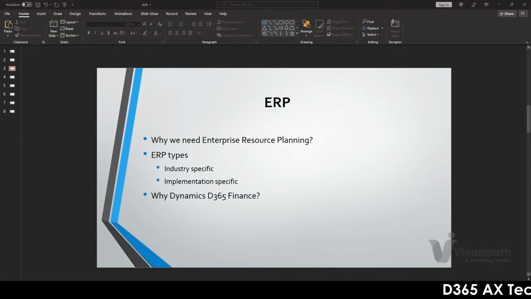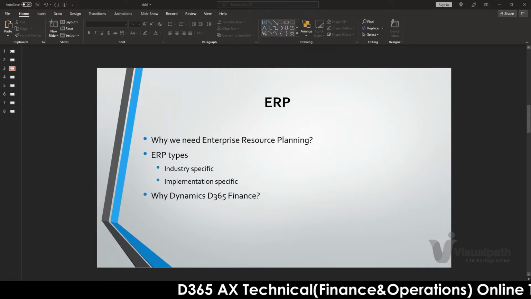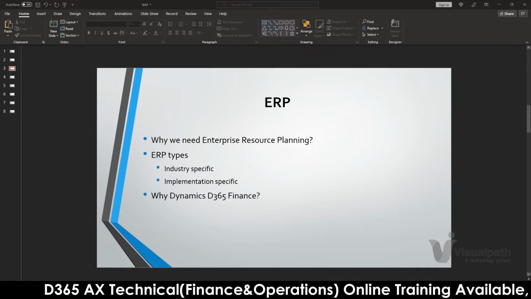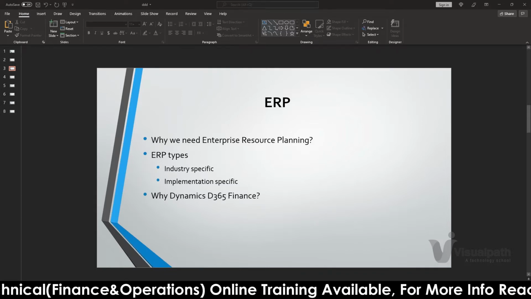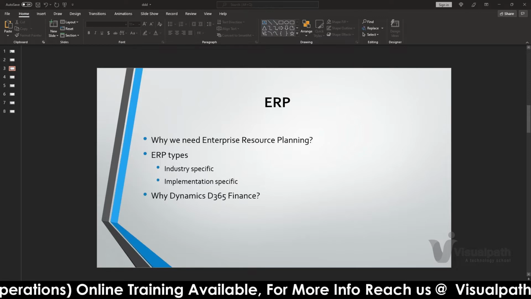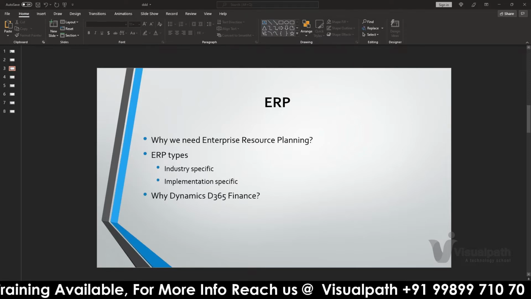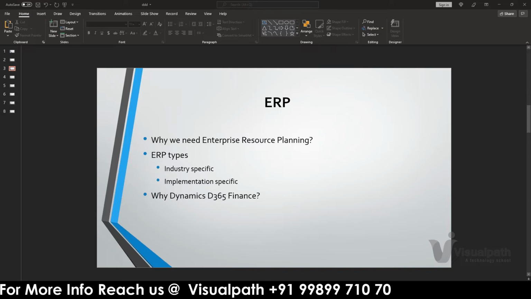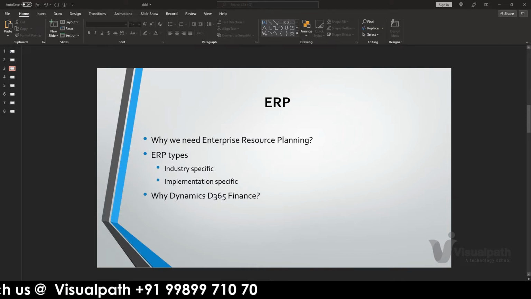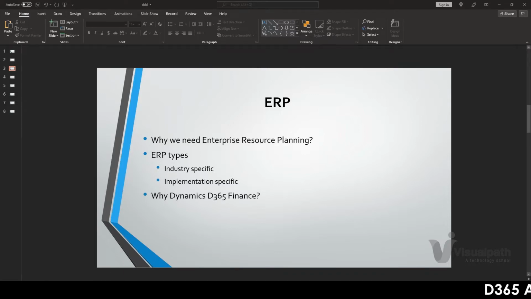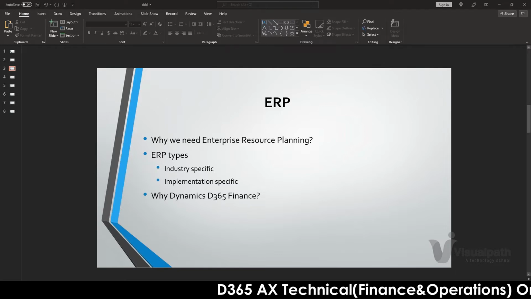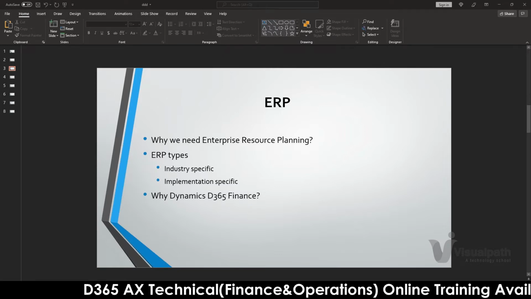So industry specific, as there are a lot of industries in the market, like say apparel. They have their own specific ERP customized for that. Whether it's a big apparel brand like H&M, or Reliance, or you name it, it depends on the market regarding apparel.